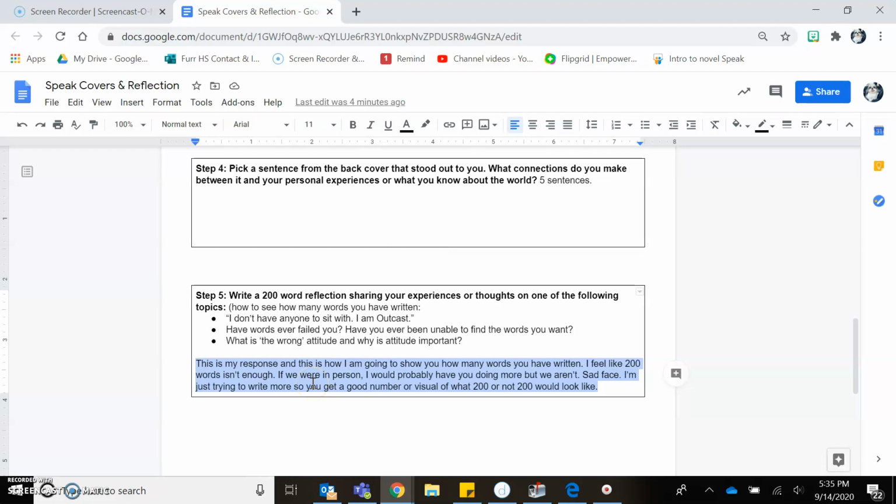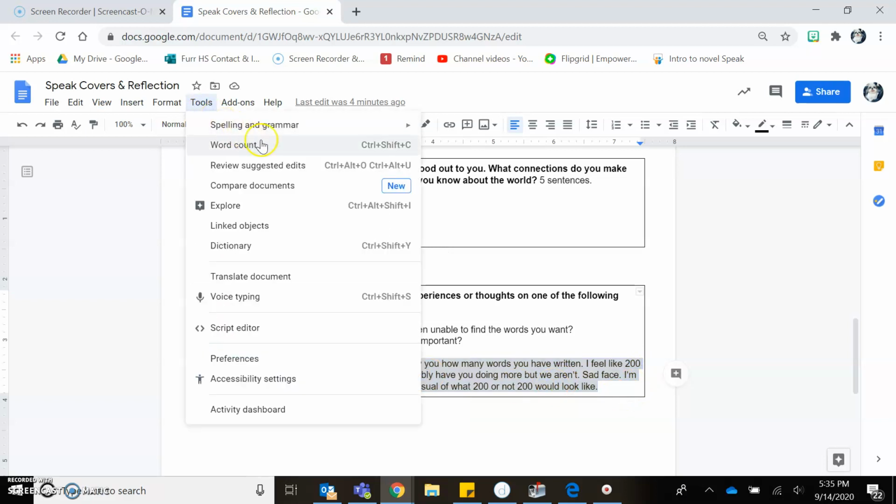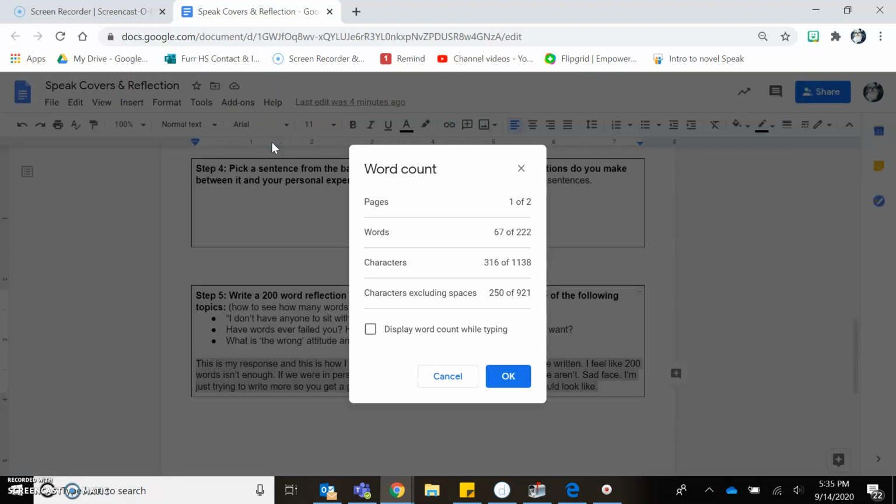What you have written, you will highlight. You'll see that I have done that here. Once you have your response highlighted, you will click Tools, and then the second thing under Tools is Word Count. Once you click Word Count, it will tell you I have 67 out of 222 words. So that means that there are 222 words on my page, on my document, and I have 67 of them